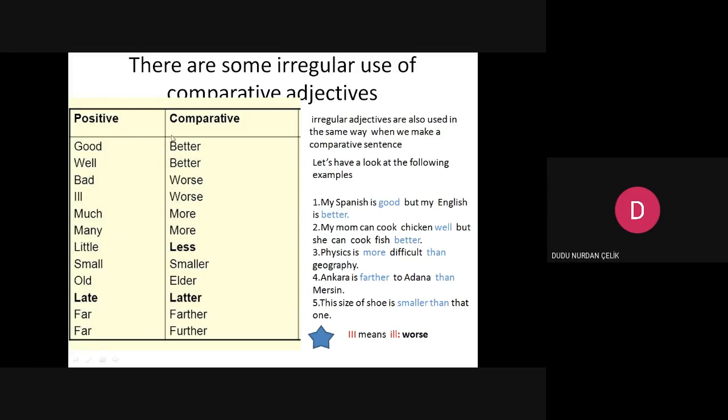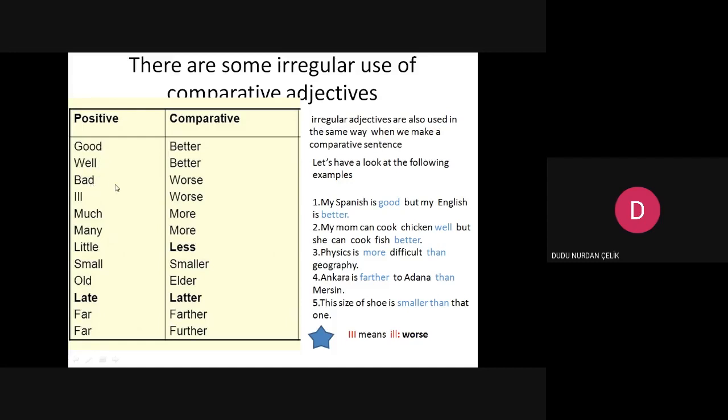Good, when we say comparative, better. Well, when we say comparative, it's better also. I'm a good person, but my sister is a better person. I feel well today, but yesterday I felt better. Good, well, better.